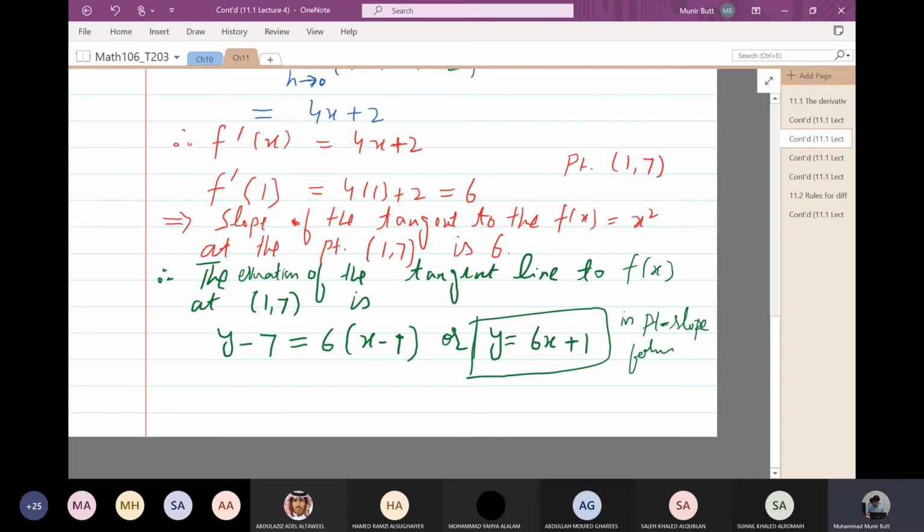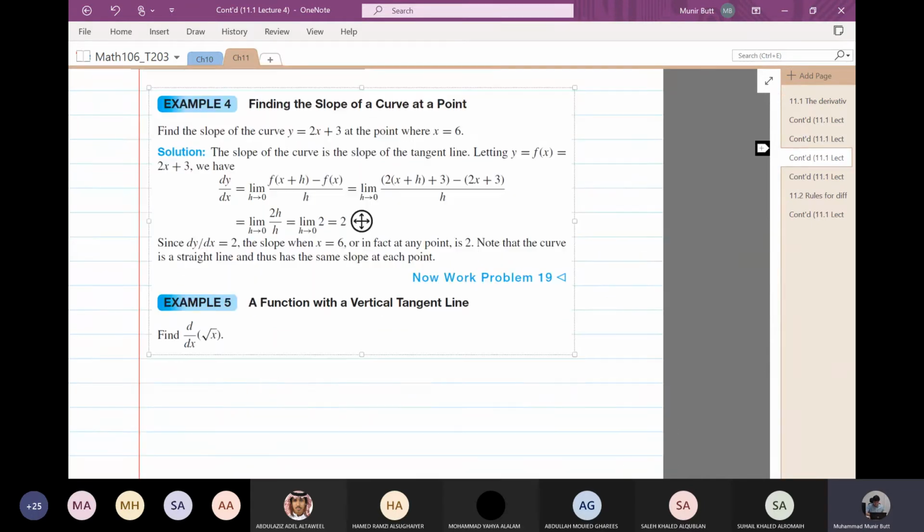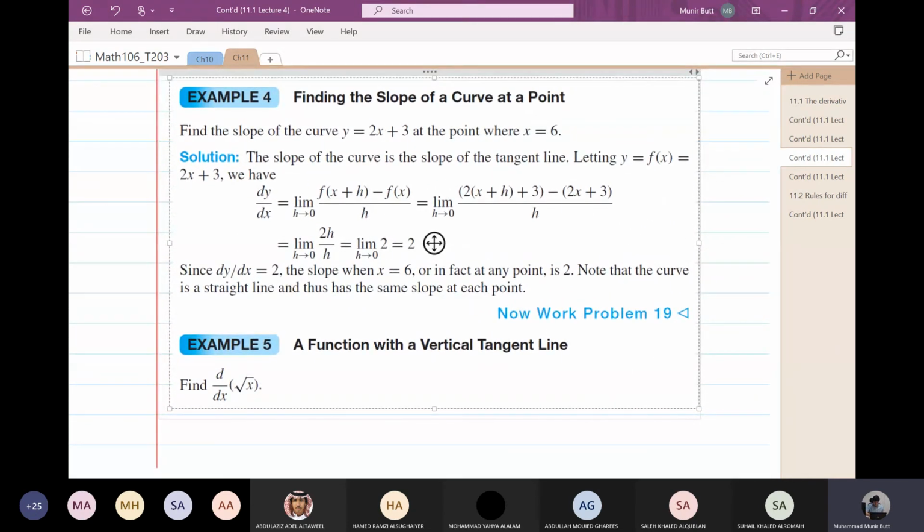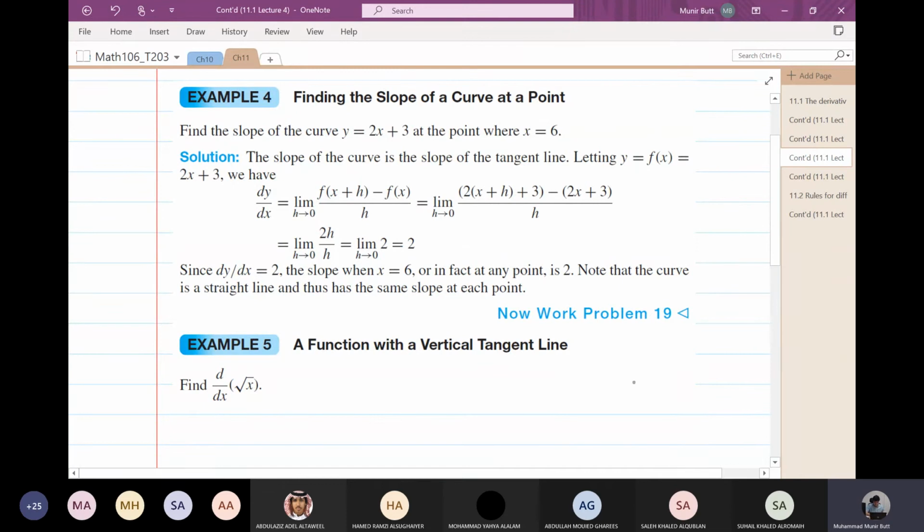So this is the equation of the tangent in the point slope form. There are many forms. Okay, let's move forward. I think we have learned very well now. We are experts. And now I ask you, this is the same thing. Example number 4. It says find the slope